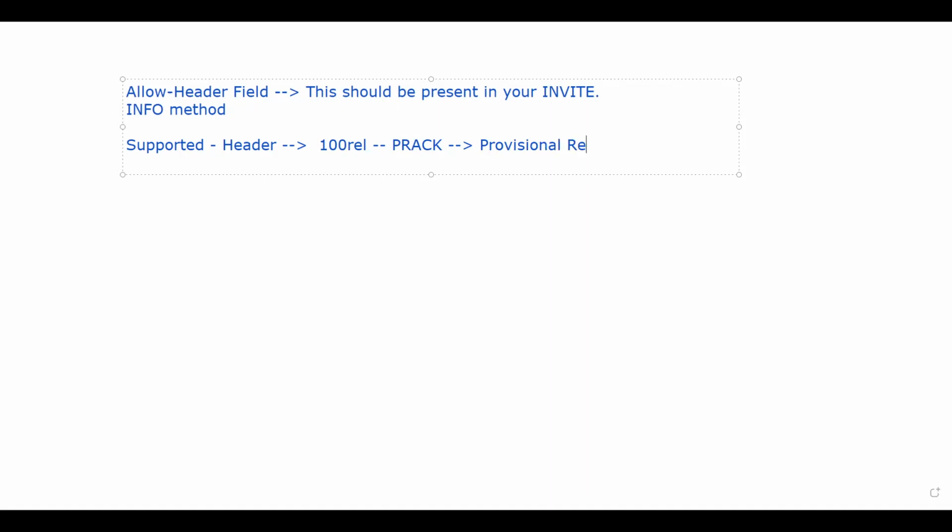Provisional response, right? If the Supported header contains 100rel, that means your user agent client supports PRACK. 100rel is there, that means it supports PRACK. Then that PRACK, it says provisional. What is PRACK? PRACK is provisional response. Provisional response is like